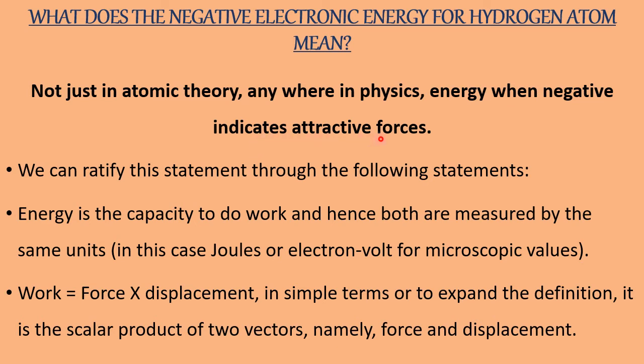Okay, this is according to Coulombic electrostatic forces. That means negative sign indicates there is an attractive force between the electron and the nucleus. Electron is not free. When it starts entering towards the nucleus, it starts losing energy, so it is becoming more and more negative. As it goes away from the nucleus, it starts gaining energy. Okay, so a stage will come where the electron is totally lost.